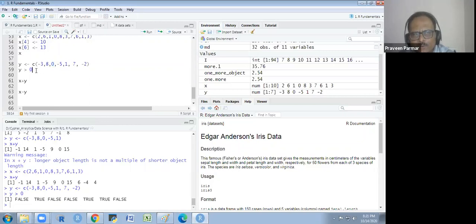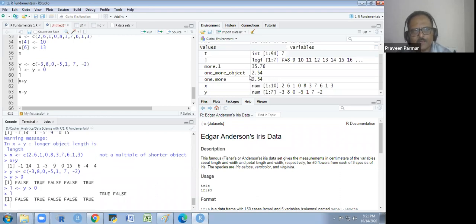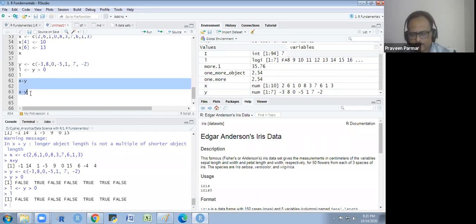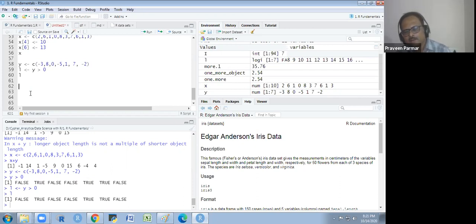Okay. One more thing. I give some object name to this. I give an object name L. And I run this, and then I print the L. So I will get the same thing because now it is with the object name. Now you see here, I have a response in true and false, but I want a binary response, 0 and 1. 1 for true and 0 for false.